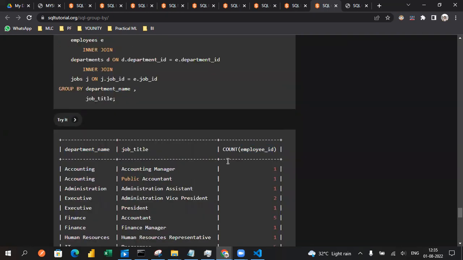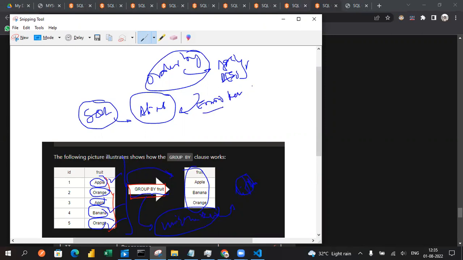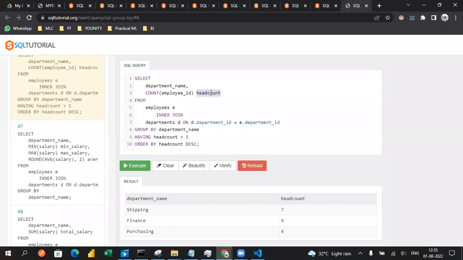If you use any SQL keyword, you cannot use it as an alias. It will throw an error because keywords are not allowed. Suppose you use between as an alias, it won't accept it. Let's try that too. If I use it instead of head count, I will